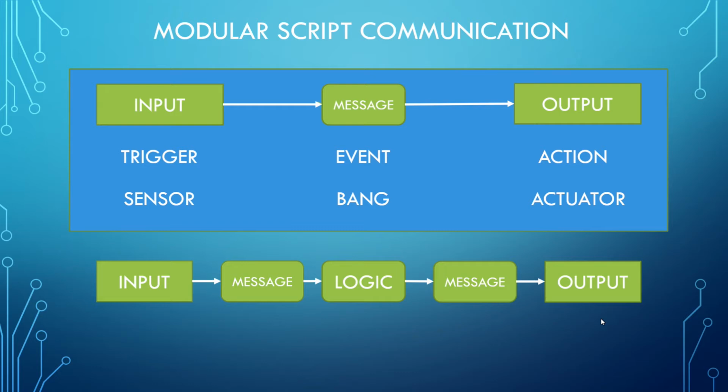Also, if you're going to apply some logic between the input and output, a typical approach is input, processing, output, or input, logic, output, with messages in between. So you send your input, it sends a message to the logic that performs some amount of logic, and then it sends a different message, based on what that logic told it to do, to the output or action to be performed. And the Reflex scripts are actually written that way, with sensor, logic, and actuator scripts identified by Galen. In simple scripts, there are not a lot of logic scripts, or there's none that really was put out there by